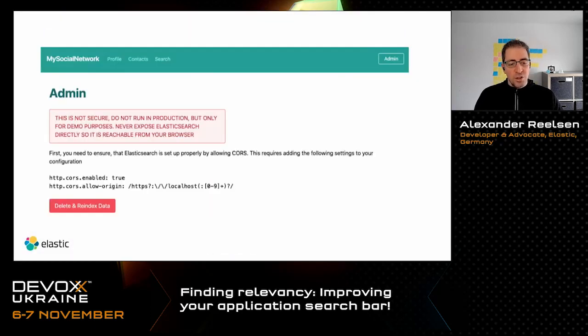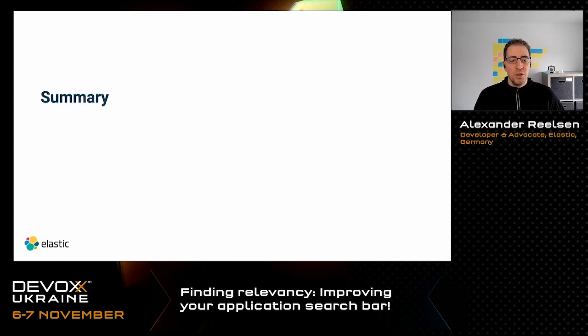This is just to repeat: this demo is not supposed to be run anywhere on the internet, just run it on localhost. If you would like to run it on the internet, you would need to have some sort of middleware where you send the search to, that is also responsible for indexing the data. Everything here is done right from the browser, and this is not how you should be using Elasticsearch.